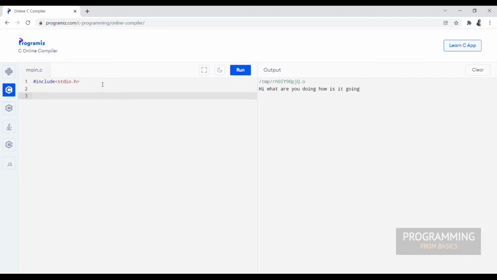Now the second line of code. In your C program, any part of code which you write needs to be in a function only. Why, I'll be telling you. And one more thing is that function is a vast topic which plays a key role in C programming. So don't worry, I'll be explaining in detail in the upcoming videos, but for time being just remember function in the sense int main